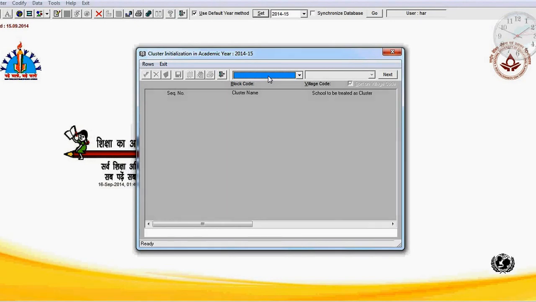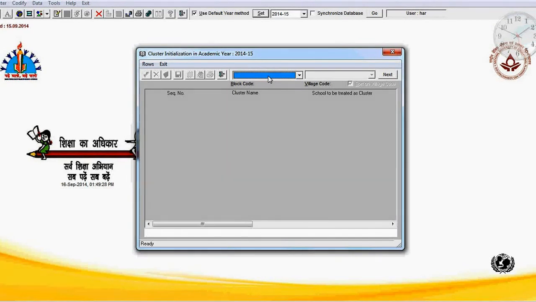The CRC coordinator is responsible for distribution of the data capture format to all the schools falling under his or her jurisdiction, and collecting the filled in data capture formats from all the schools of that particular cluster